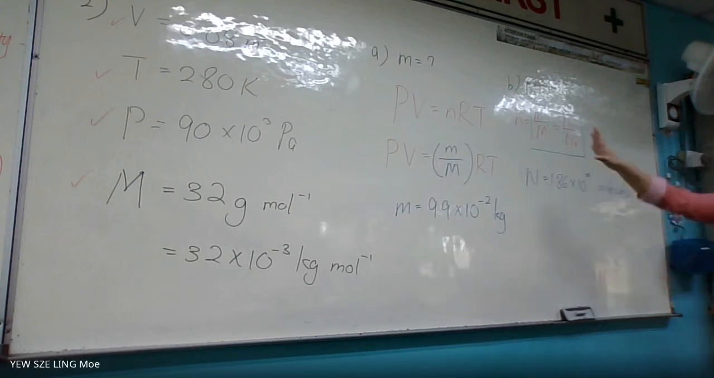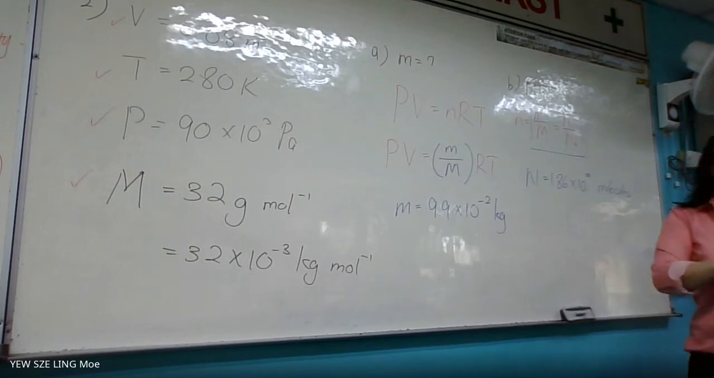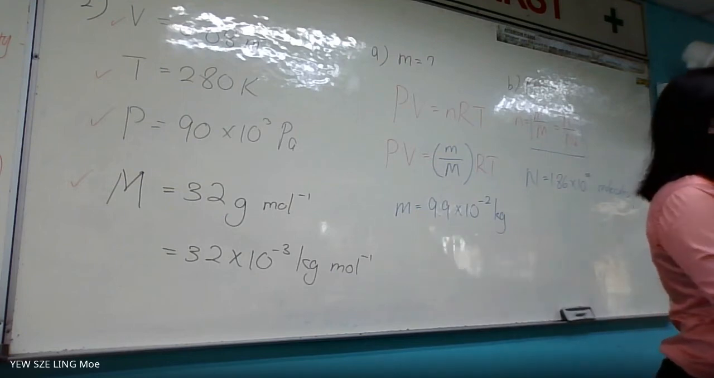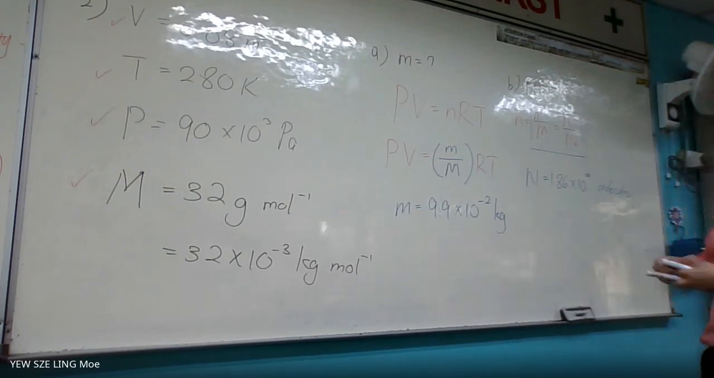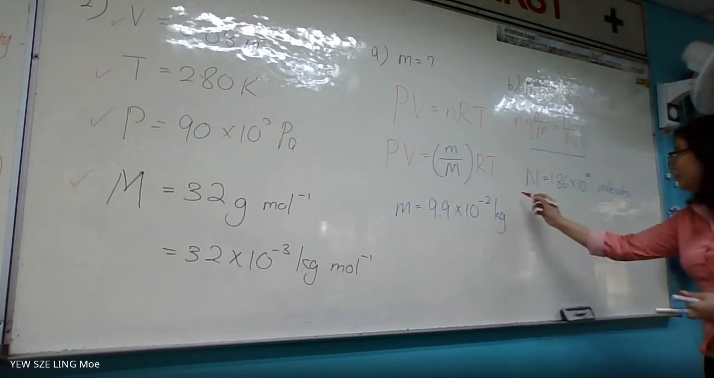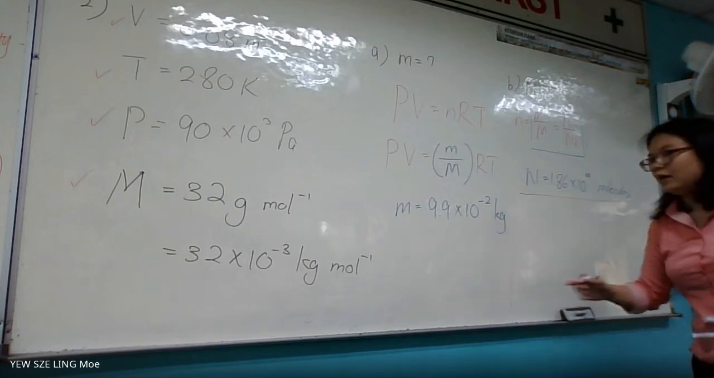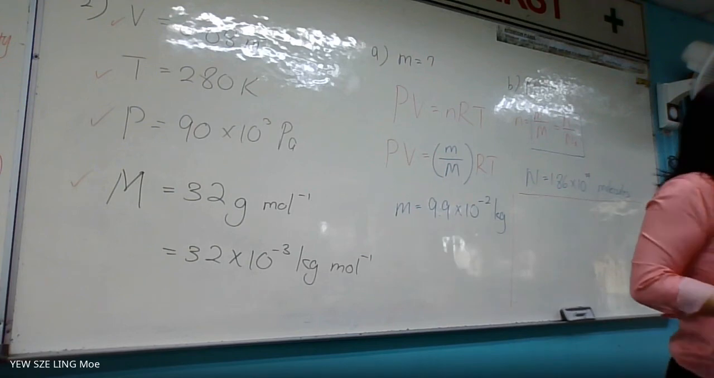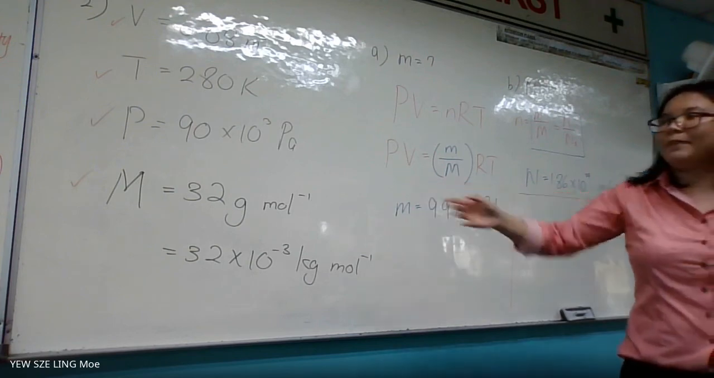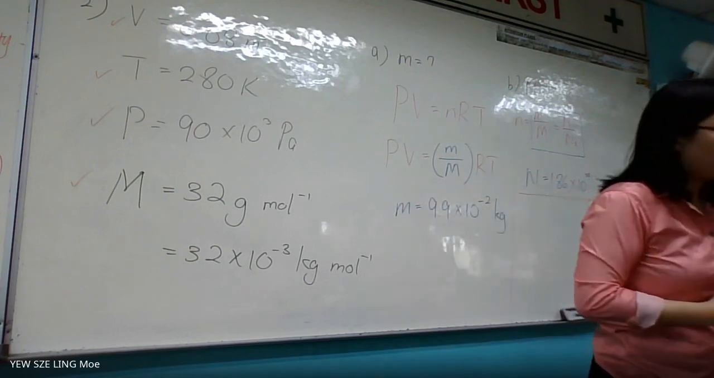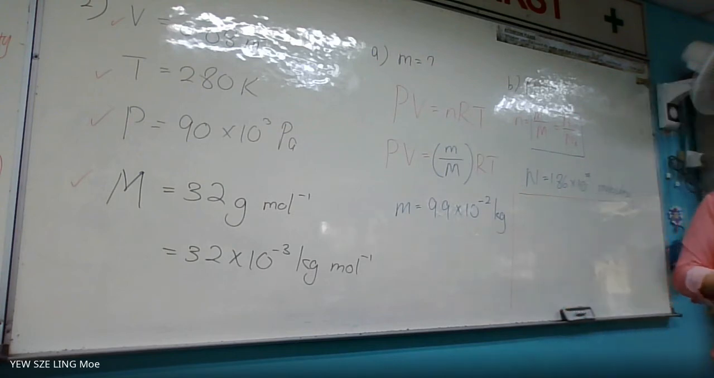Okay, so now that I have done with questions A and B, how about question C? Question C asks you to calculate the root mean square speed, VRMS. Very simple. You have the molar mass. Straight away, you should be able to calculate the root mean square speed,